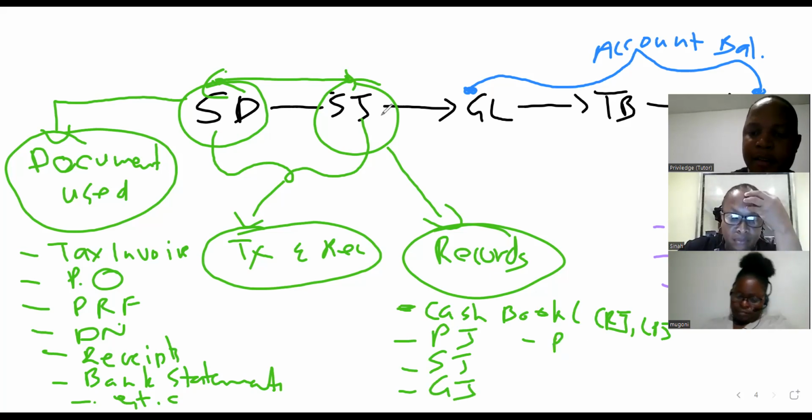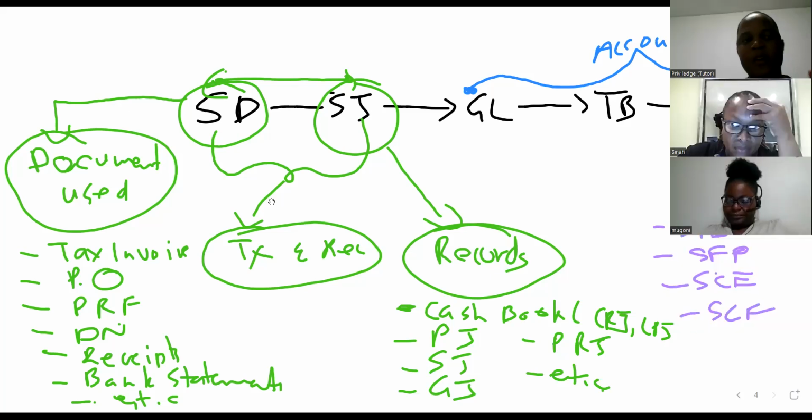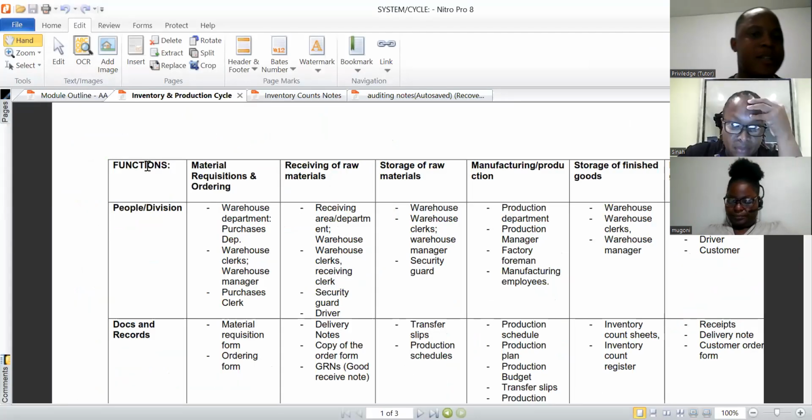A purchase returns journal, etc., and etc. All this is what makes up your journals, right? So I'm just doing this to help you guys to recap, right? So now let's go back into our notes so that we can focus on this thing called inventory